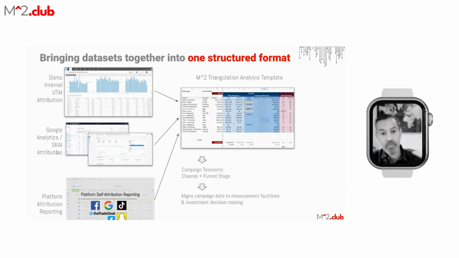Then we have data sets from Google Analytics, and they had used a platform called Sky. For a lot of you who've been in the space, they used to be called Kenshu. And he uses Kenshu for a lot of the execution, trafficking, and reporting and whatnot. So we pulled reporting from that, pulled Google Analytics reporting also, and all the platform analytics reporting. Now, in the end, after I went through a lot of the analysis, I said, well, this is not as useful for the analysis. So it's still there in the template, but I hid it, so I don't use it. But I had to bring it all together first to get it all in one place so I can do apples to apples analysis. Okay, so this is a big part of the bring the data sets together part of it.